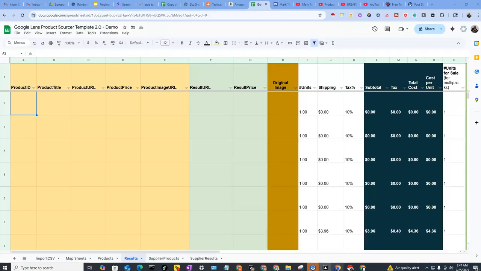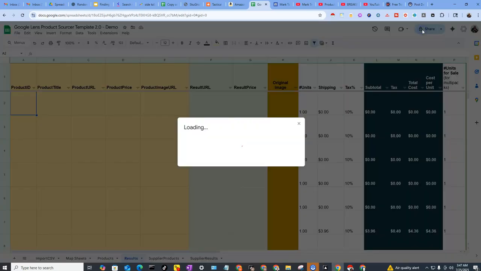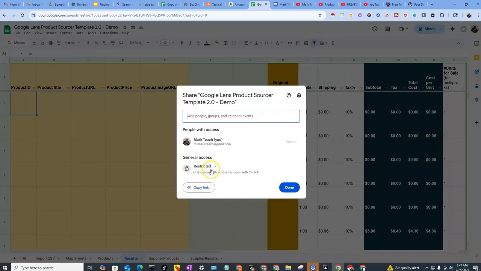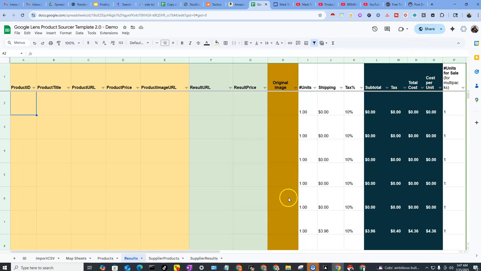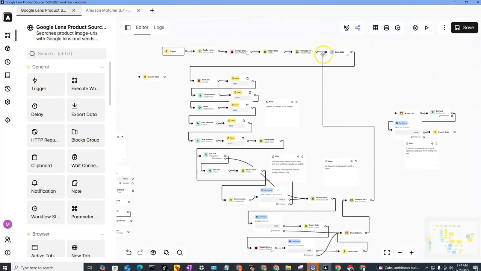So the Google Sheet needs to be prepared. You need to share it for editing, because it's going to read but also write to the sheet. So you've got to change it to anyone with the link as an editor. That's just so that Automa can access the Google Sheet. Then you have to copy that link, anyone with the link editor, and done. Remember that was share. I need that because when I go over now to run the automation,